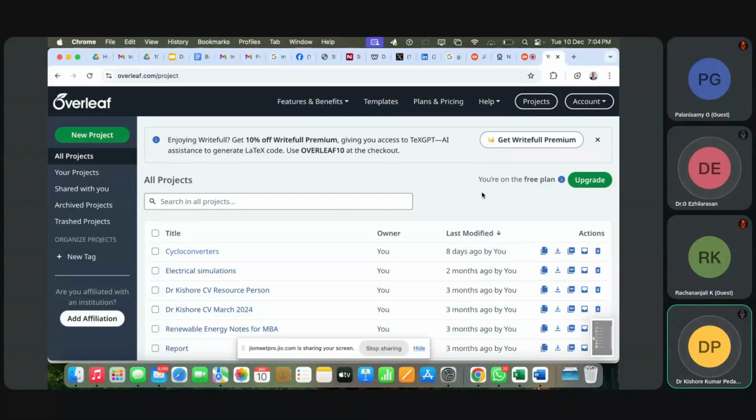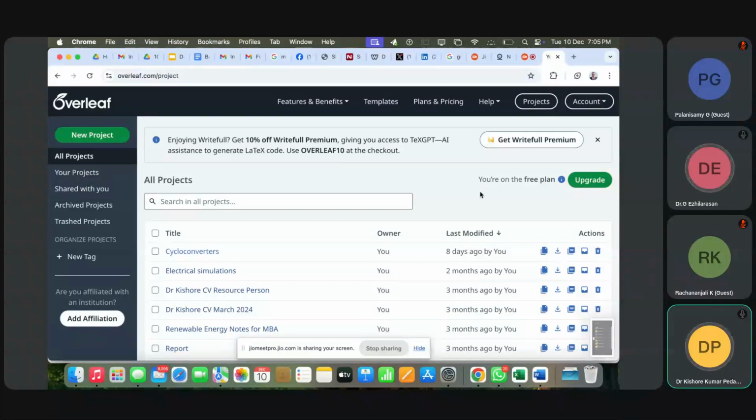LaTeX is basically an already built-in program. For example, if I am running a journal or a conference, I expect all submissions from the participants or the authors to be similar. If you go ahead with a Word file, it keeps on changing in different fashions. Sometimes we don't know why this space has come, sometimes the alignment isn't proper. But coming to LaTeX, you don't need to worry about anything. Everything will come into the picture automatically because it's a programming that will be done by the journal people and conference people. You need not worry.